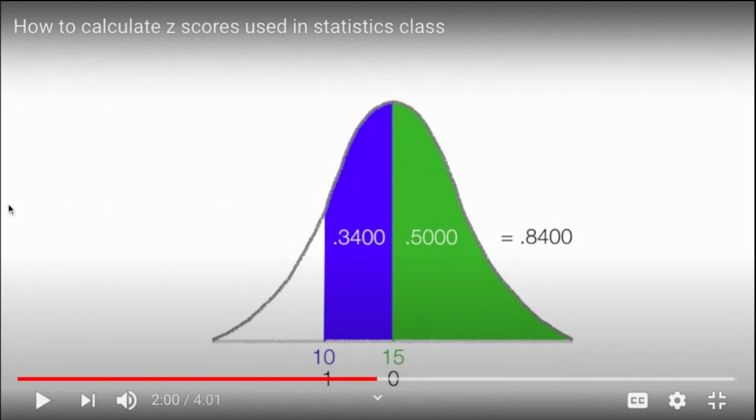0.8400. So just so you're aware, we are going to start the next chapter, which is probability. So if somebody asks, oh, what is the probability of this score occurring? So we know,